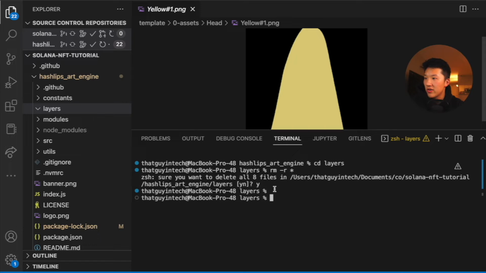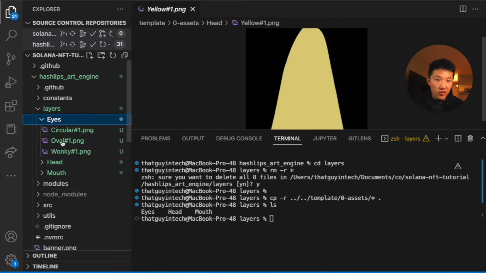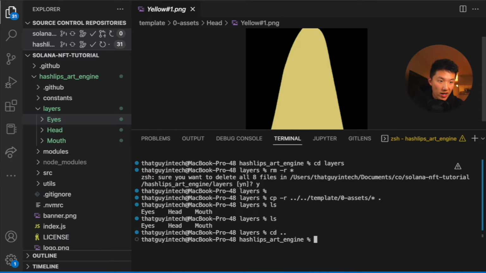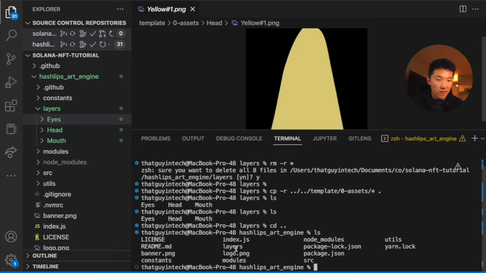And then what I want to do is copy all of the images in the template, copy all of that into this current folder, which is the layers. So you can see now we have our layers in here. And then we're going to do some configuration in the config file. So you can see here, we'll go back one level, back into the Hashlips art engine. You can see layers,